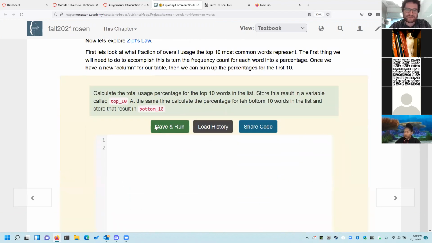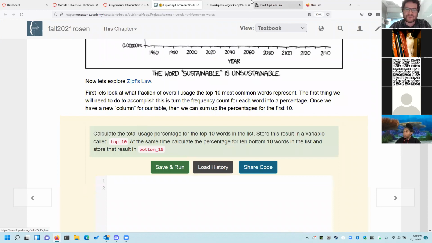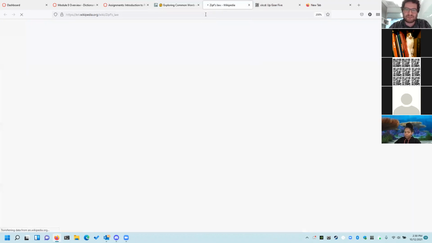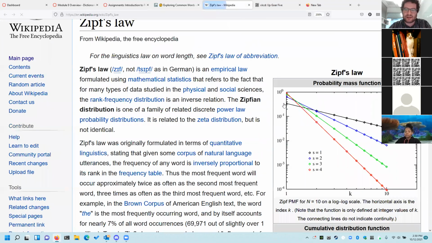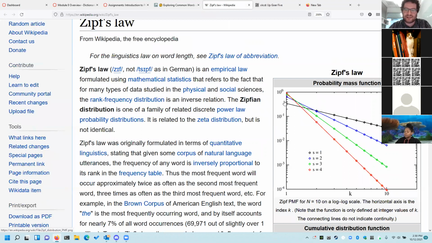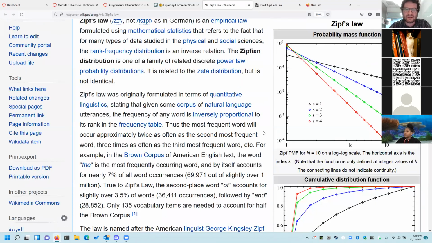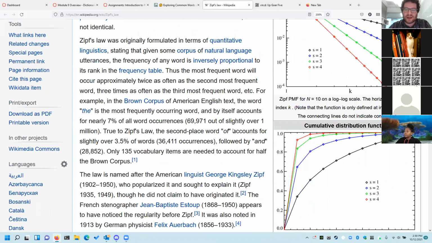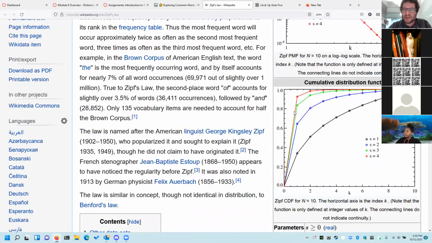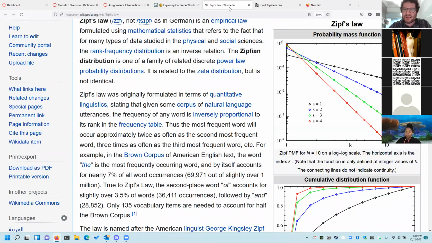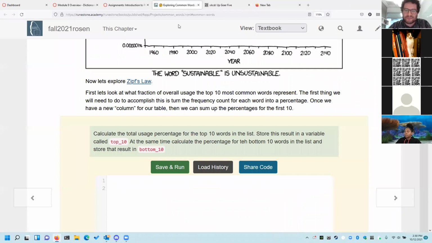Now let's explore Zipf's law, which, again, is in a log scale, which means that we've got logarithms on both the y and the x-axis, I believe. So anyway,